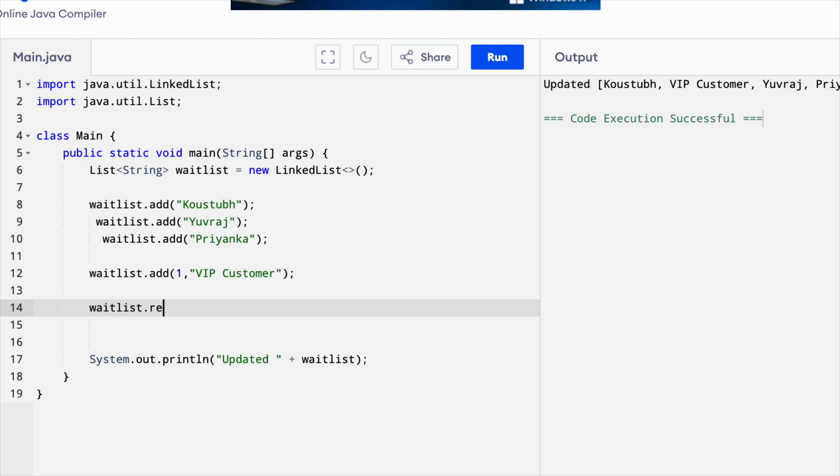dot remove method, and use that particular name, and you can check the updated list. You can see Kaustubh, VIP customer and Priyanka. So this is our updated list. So this is regarding that